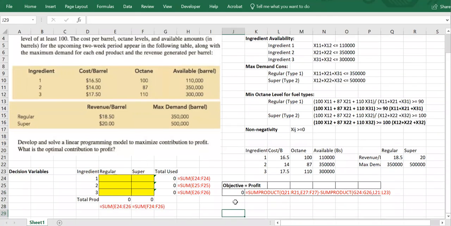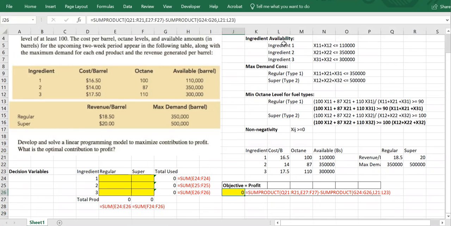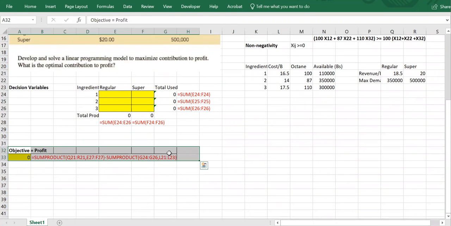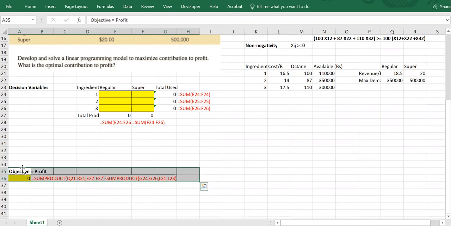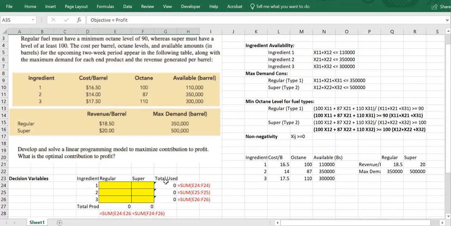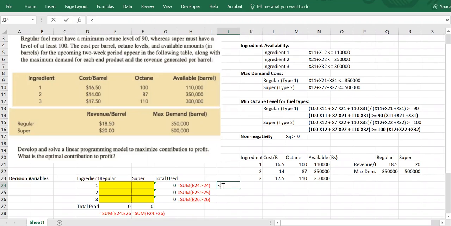Objective function. Now we can move on to, let me highlight this. Now we can go ahead and write down the constraints. We have the ingredient availability constraint, which can be defined right here. Let me actually do that. Let me just take this objective function from here, go a little down, put it right here, maybe even a little further down. So the total amount used, we had this constraint. The ingredient availability, the total amount used should be less than or equal to